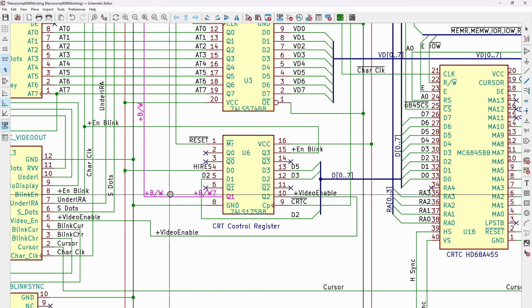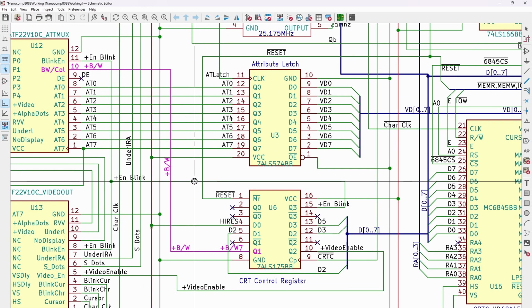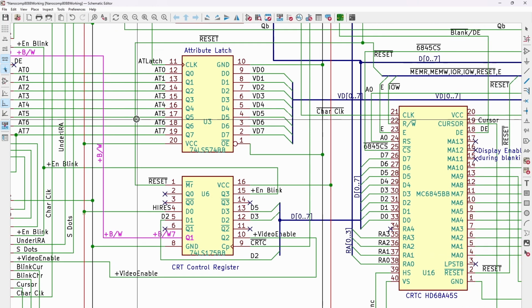When BW is 1, then it will be monochrome mode, black and white mode. We're going to use this once we enable the color processing in our multiplexer here, which will determine whether we're using the monochrome information coming from down here or whether we use foreground and background colors. Then finally